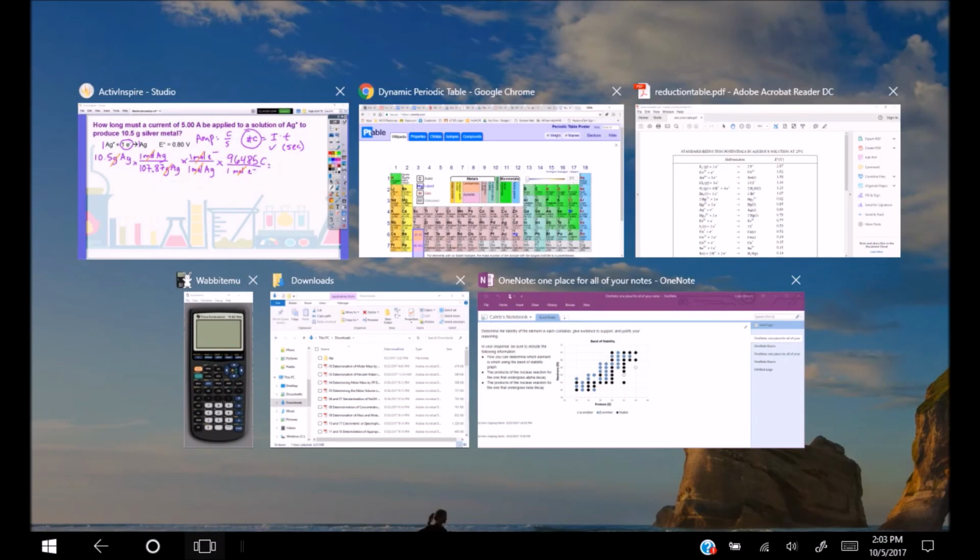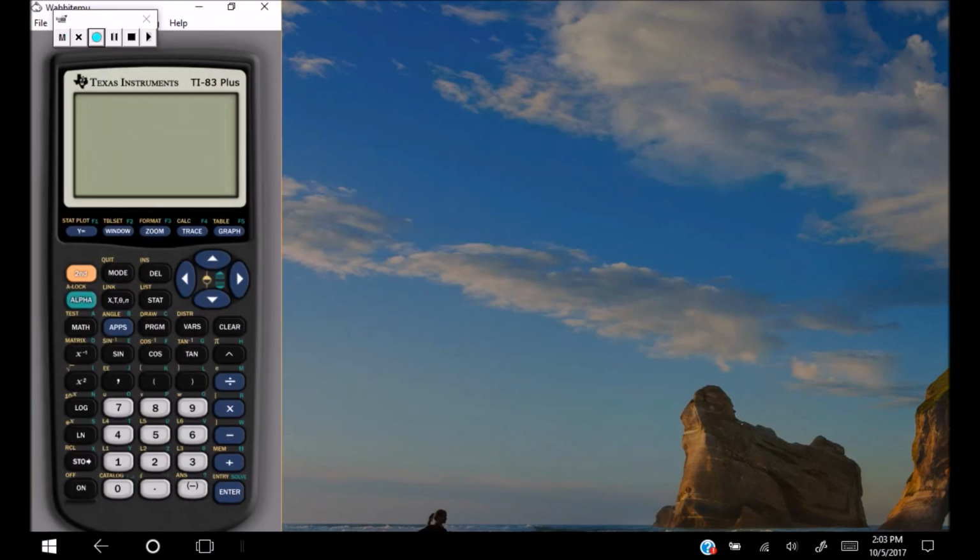So we've got our calculator here. Let's make sure it's on. 10.5 grams times the top of our fraction divided by the bottom of our fraction. I always put parentheses around it. So 107.87 is my molar mass times 1 over 1. So I got 1 mole of electrons and 1 mole of silver, and then Faraday's constant 96485 divided by 1. And then get this number